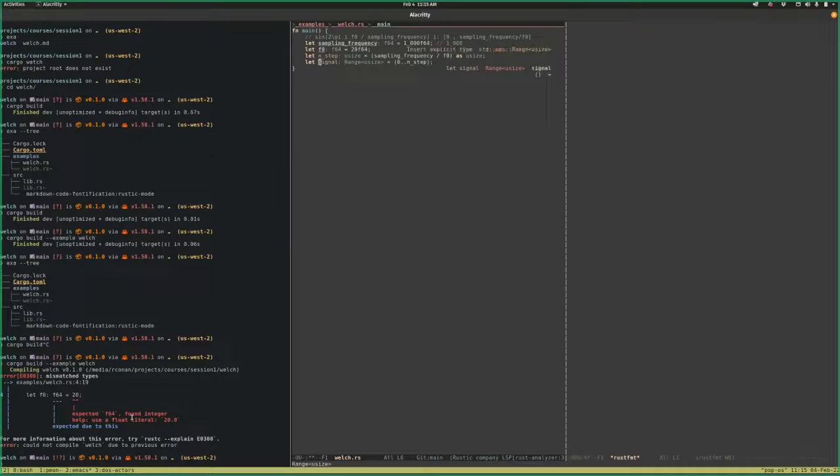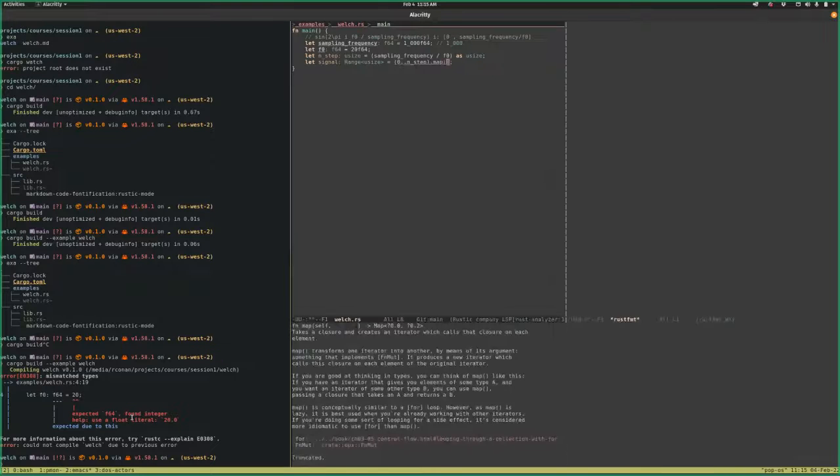You see my editor recognizes it's a range of values of type usize. So we're going to iterate through that, and we don't need to call iter because it's already an iterator. So we can just call the map function on the iterator, okay? And the function we're going to use takes i, and our signal is then